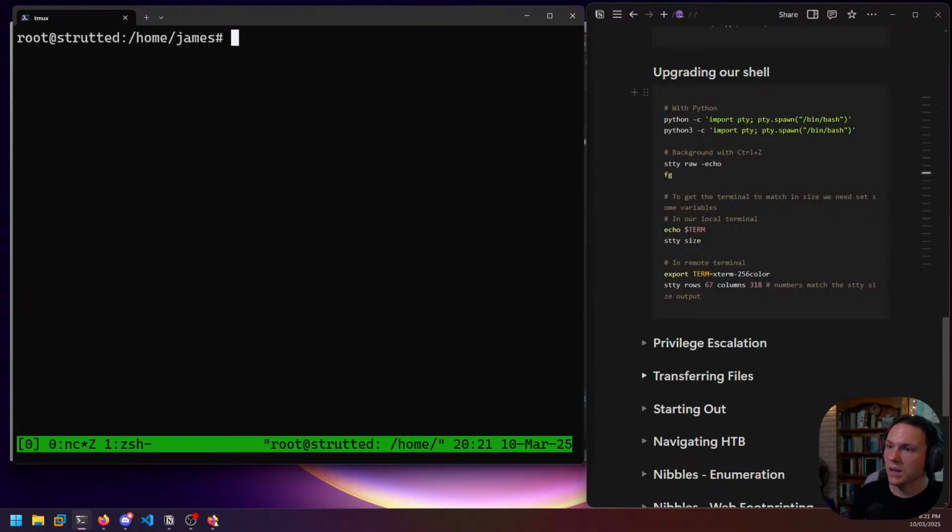All right, so that upgraded my shell. And this is where I have a problem with Exegol, as I can't background this without it backgrounding the whole of Exegol and then putting me back onto PowerShell, which is a little bit annoying. I still haven't figured out how to do that, whether I need to change my hotkeys within PowerShell because I don't really use the backgrounding feature or not, but